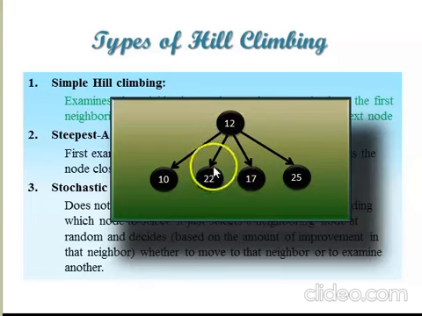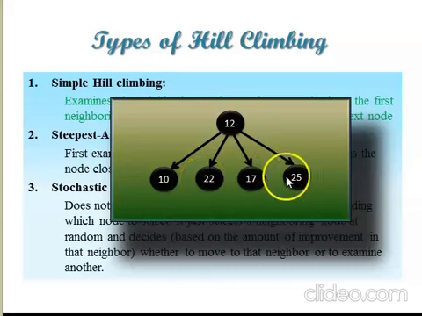It can be any one of these. As in the figure, I am going from left to right. So it checks the next operation. We got 22. So 22 is better than 12. We have climbed up the hill by 10 meters. We were at 12 meters above sea level, and now we are at 22 meters. So we are making a shift from 12 to 22. So this node becomes the current node.